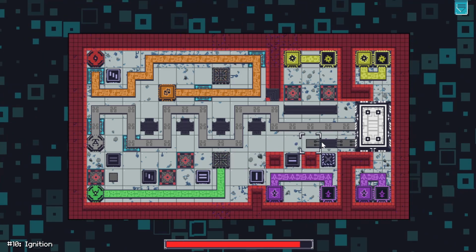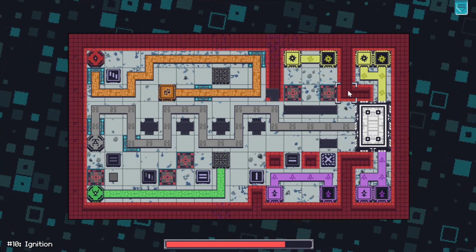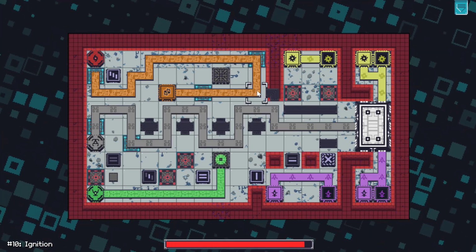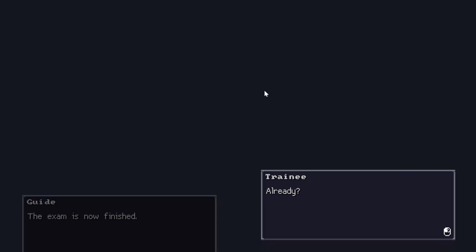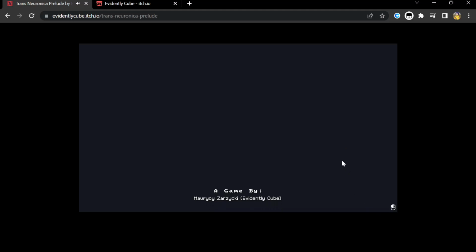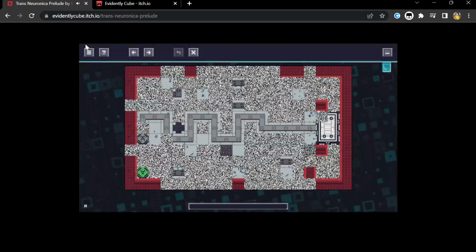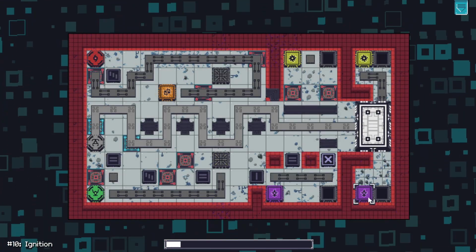Oh, what? Oh, wait, so is this actually solvable? Hold on. This might actually be solvable, huh? Alright. Can I... No? Yes? Alright, we're not done yet. We are not done yet, huh? Alright, let's keep going, let's keep going. Yeah, everything was broken, but...